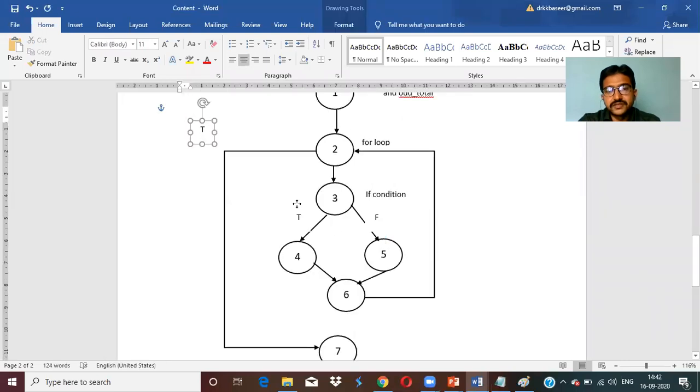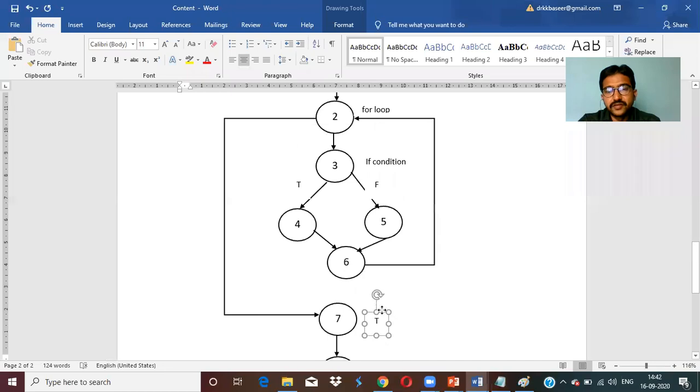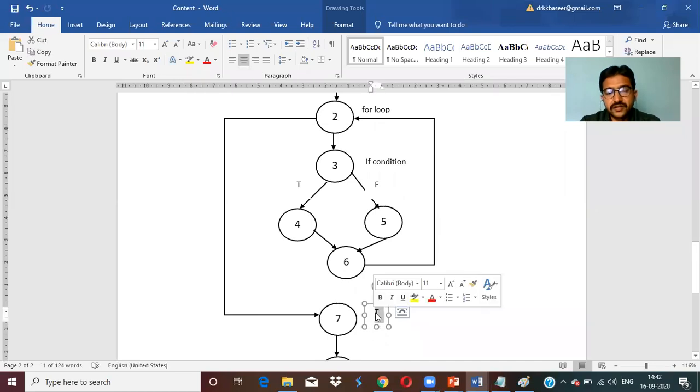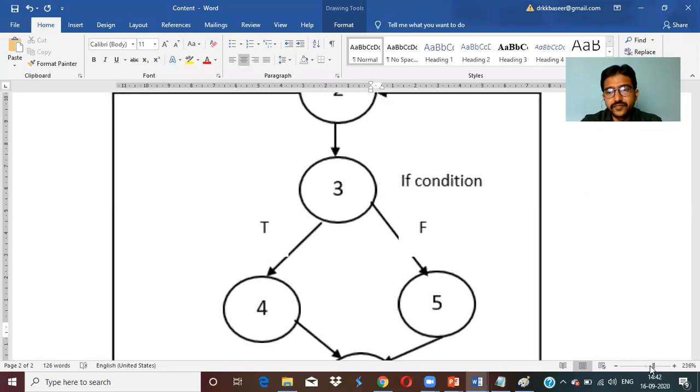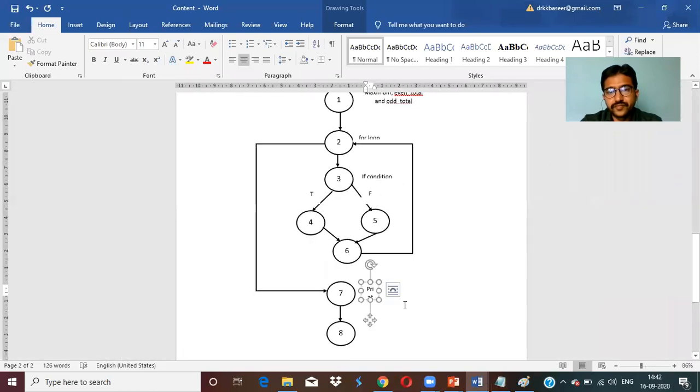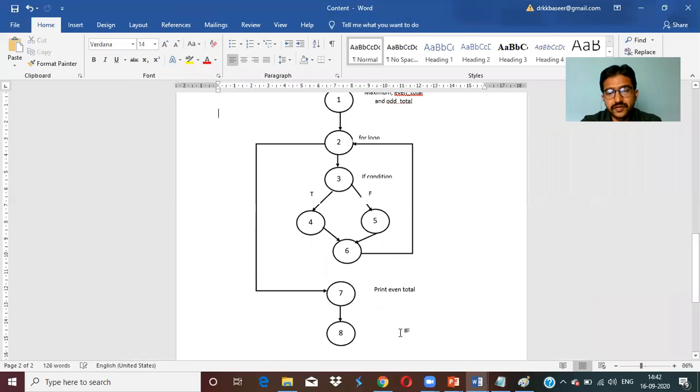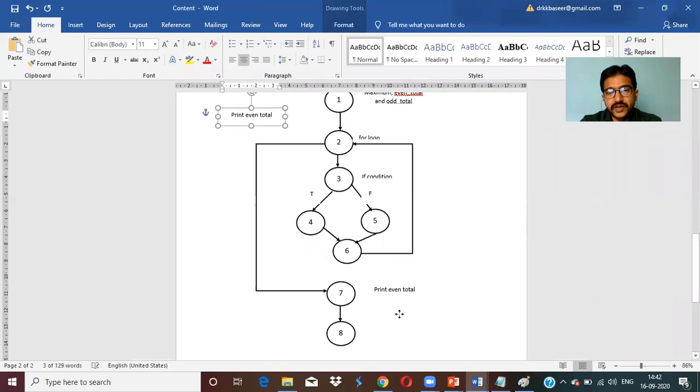If you want, you can use here also like print. This is for print even total, print odd total. That is your choice.